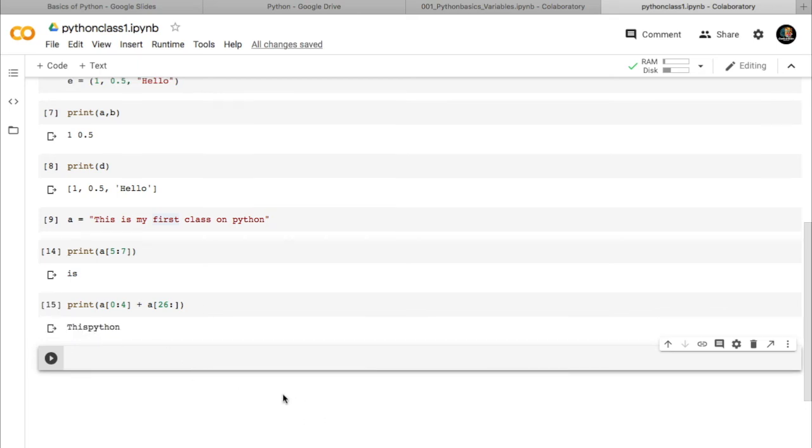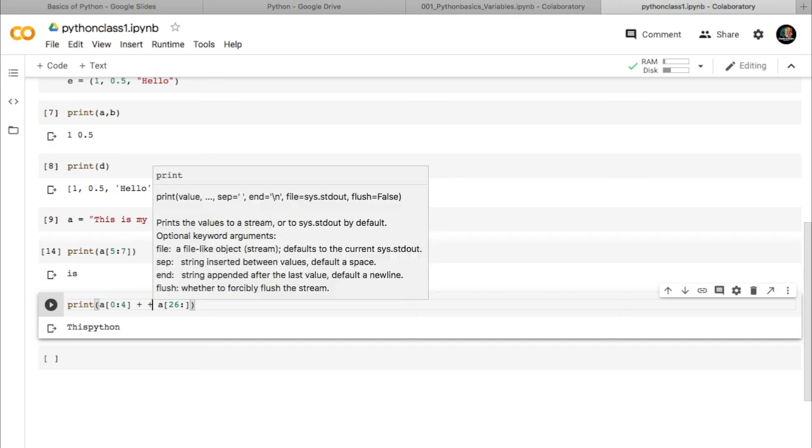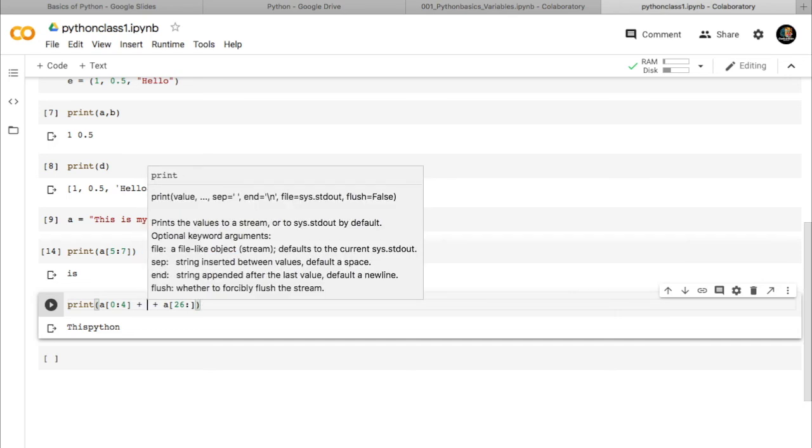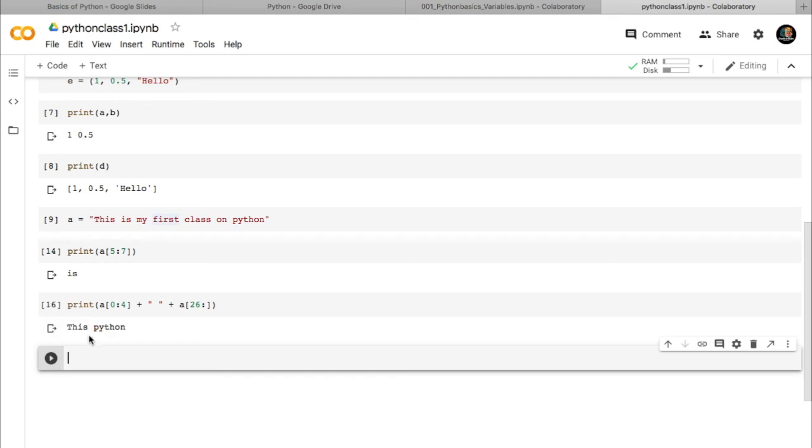See, this and Python came, this plus Python. Say if I need to give a space in between, it would be so nice, right? So for that again I can give another plus, and in between these pluses I can give a space directly. Here no variable is there. These two were a part of this variable a, but here I am not including any variables. Instead I have directly included a space. You can write to print that, and here you have got this Python.